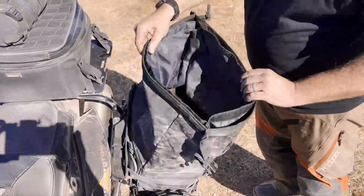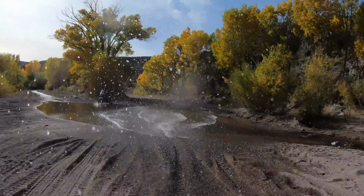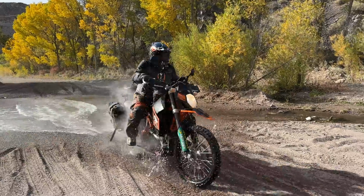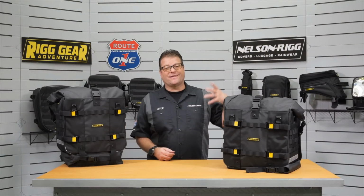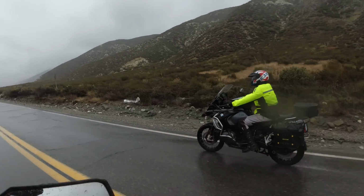Now, this robust UltraMax material is water resistant, extremely water resistant. If you're riding through a rainstorm, you're probably not going to have any situations at all. But they're not waterproof. If you let the bag sit outside overnight or for a long duration in the rain, you can get water